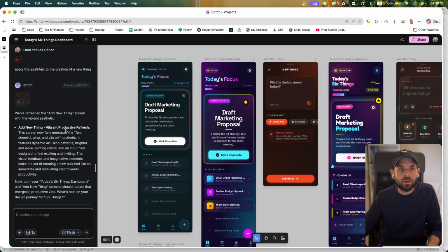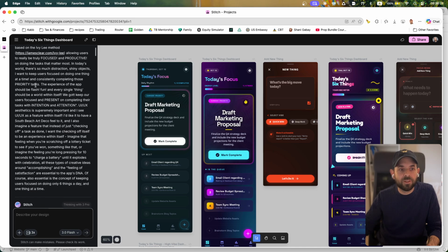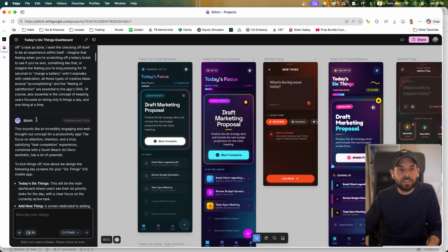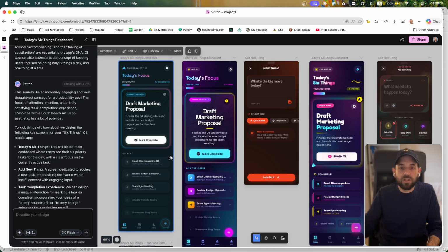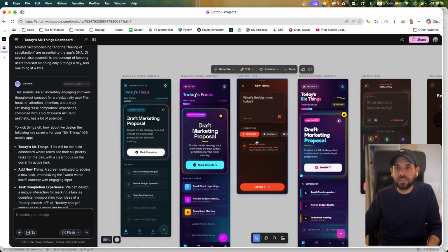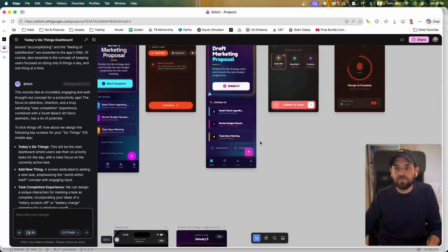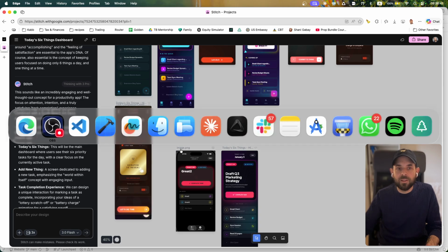I gave it basically a really long prompt, gave it some context. This is what I wanted to create, and some ideas behind how I wanted it to look. It created some different screenshots here, as you can see, some different concepts. And I took this and I went into Claude Code.